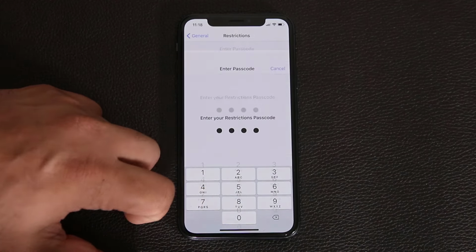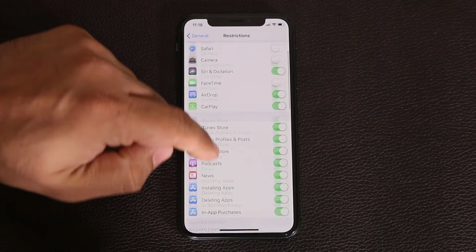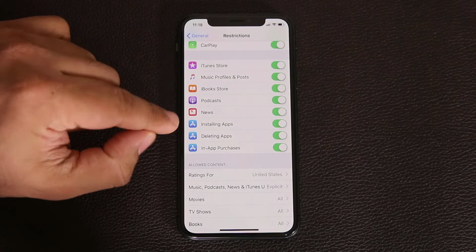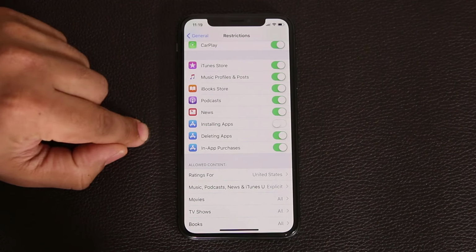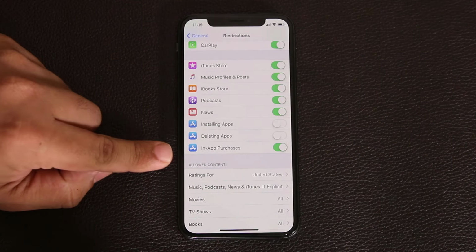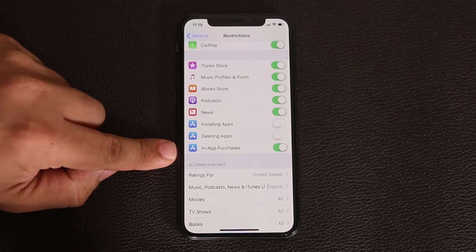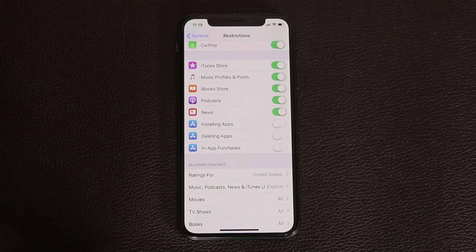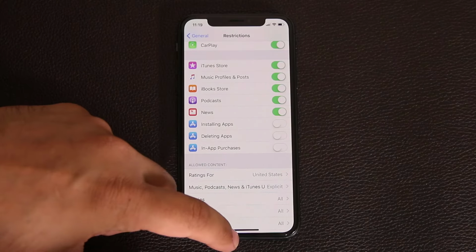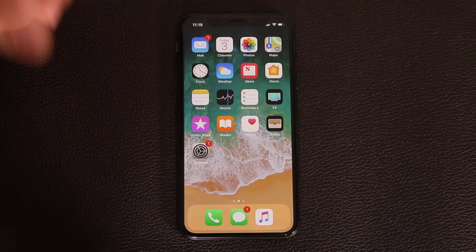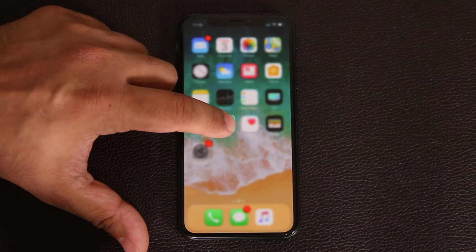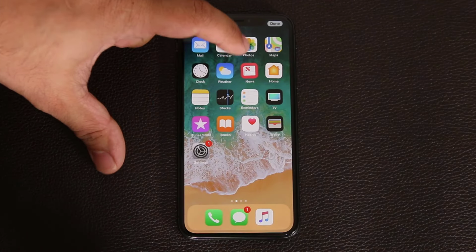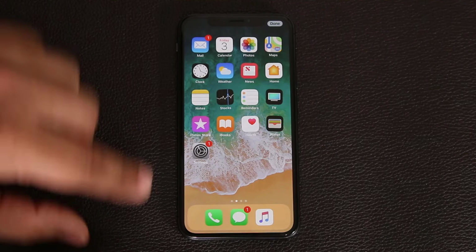Tap. And that's all great, but this is what really is interesting, this part right here. So you can prevent people from installing apps, you can prevent them from deleting apps, and you can prevent them from making in-app purchases, which could cost a lot of money. If you give your phone to a kid, they start playing games, and the next thing you know, the kid goes nuts and they're purchasing all kinds of stuff. But anyway, let's go back out real quick. I'm going to show you how you cannot delete apps anymore. So if I press and hold, it doesn't give me that X symbol. It does not allow me to actually